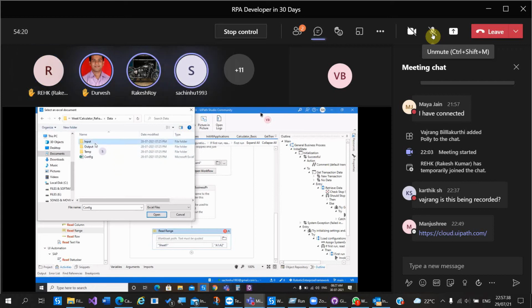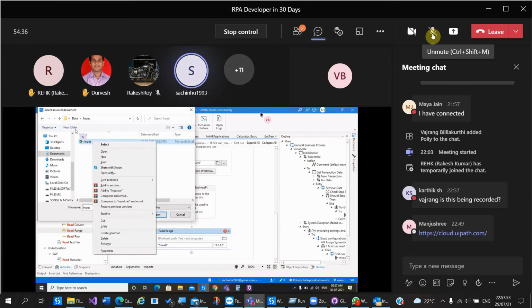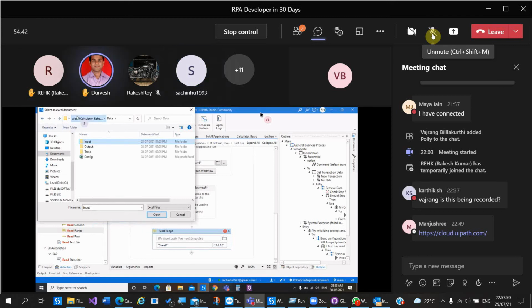You can copy this file only. Now go to your folder, Data input, paste it. Okay, now open.